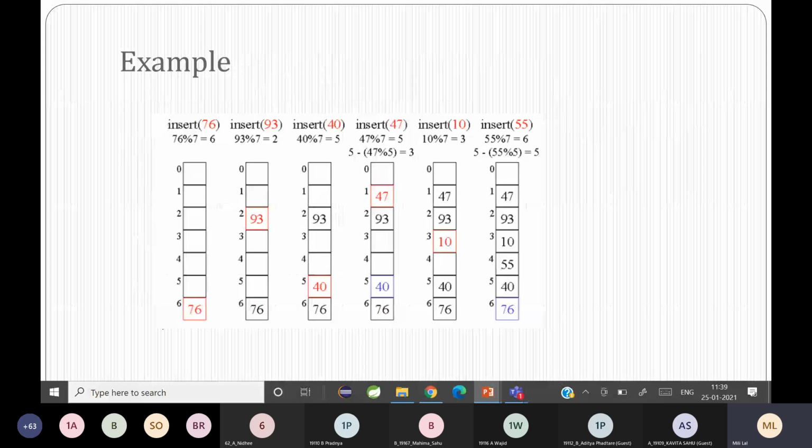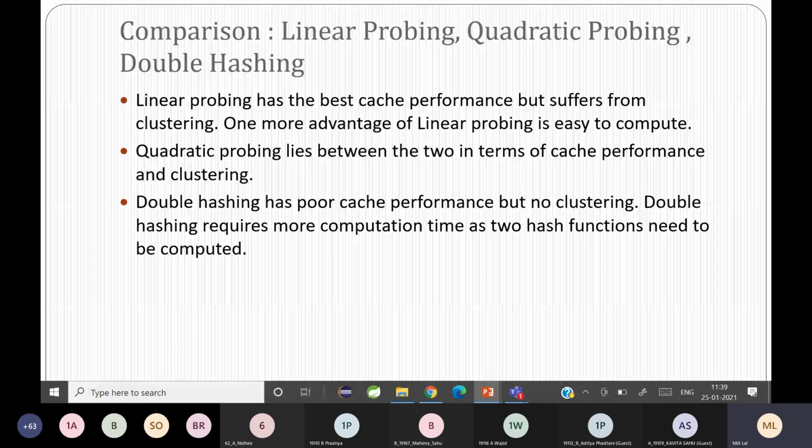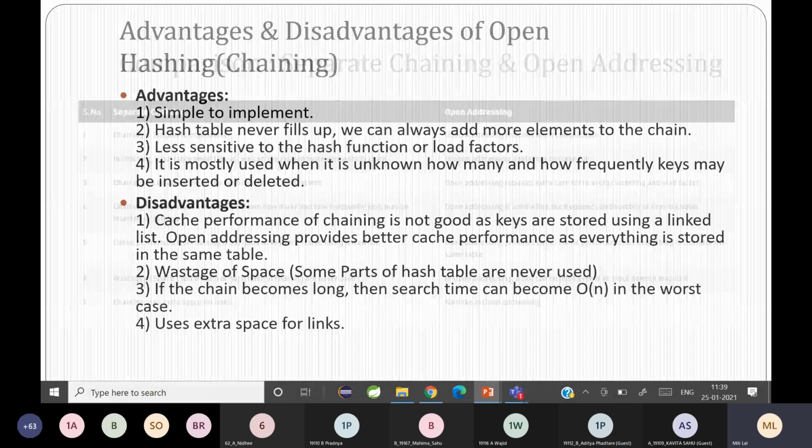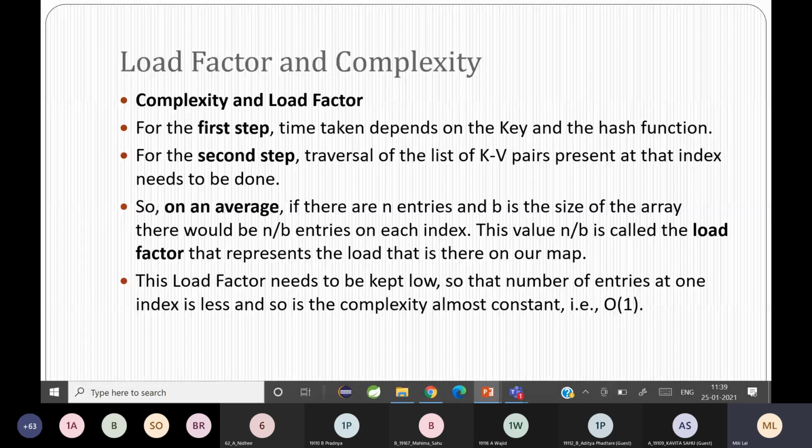And then we saw what load factor and complexity depend on, and how the load factor for separate chaining is calculated, and how the load factor for open addressing is calculated. So that's it. So I expect you all to do the exercise of quadratic probing and double hashing before you come to the next session.